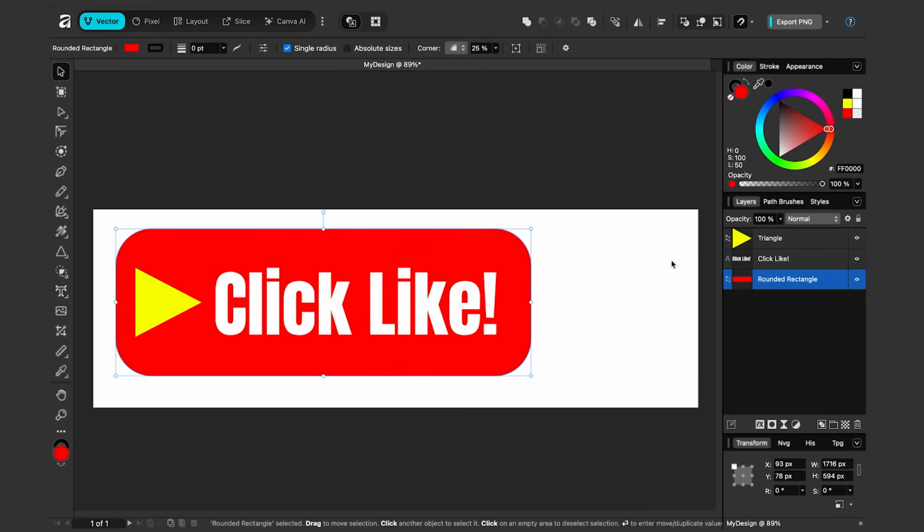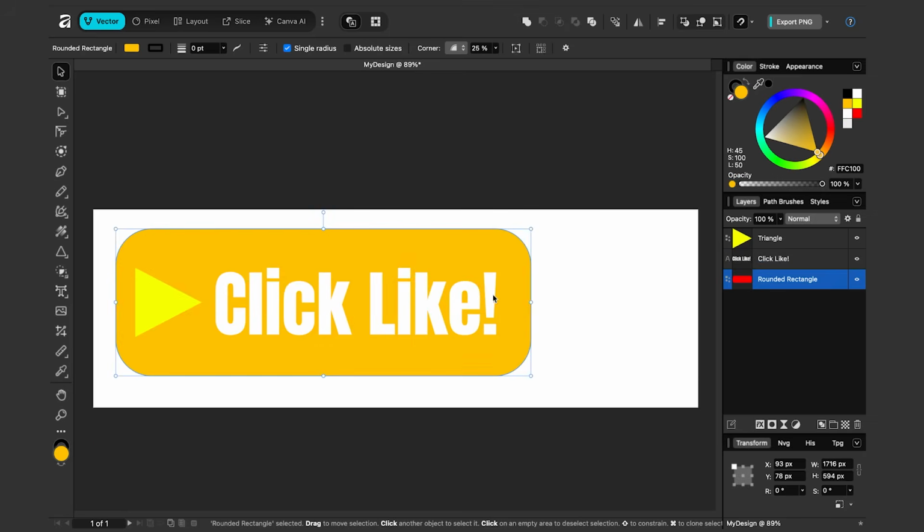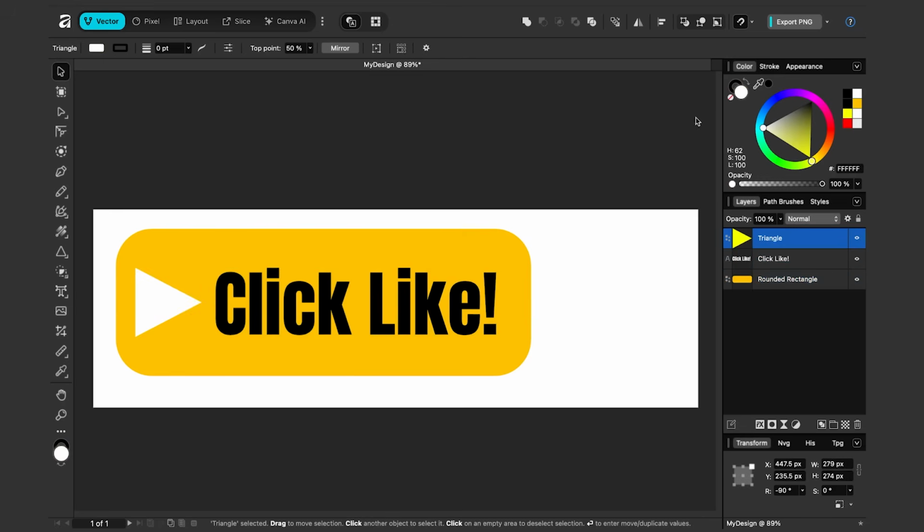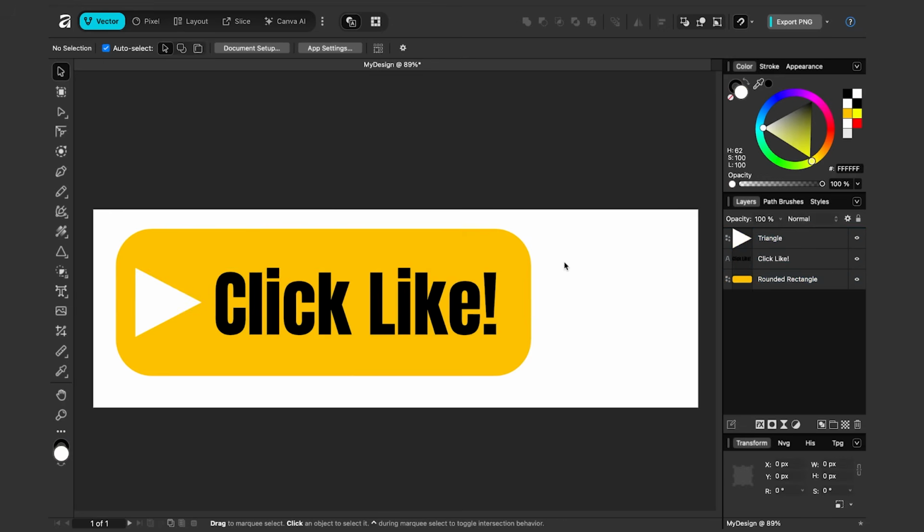I'll resize this. Let's make it yellow. Let's make the words black. Let's make this arrow white. Now I'll save it. I'll press Command S. Now if I go back to DaVinci Resolve,